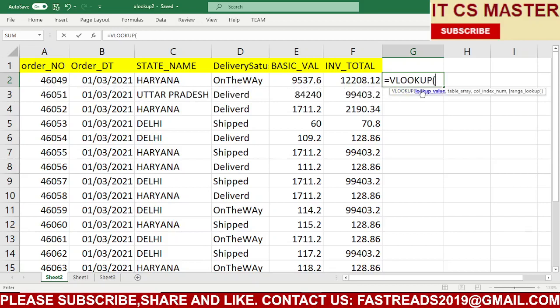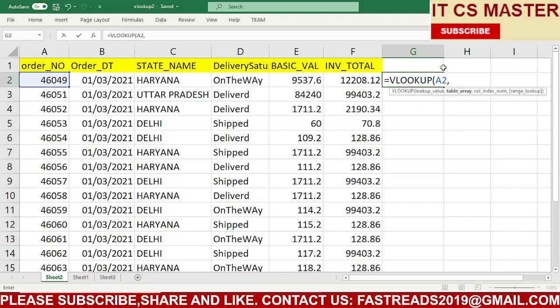I've selected VLOOKUP. Here we have four parameters. We will see them one by one. The first parameter is lookup value, which means the value you want to find. Suppose I selected A2; I want to find this value.